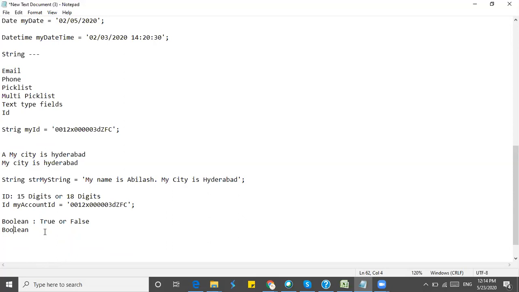The Boolean data type will accept only true or false. If you create a variable with Boolean data type, you need to give only two values, true or false.